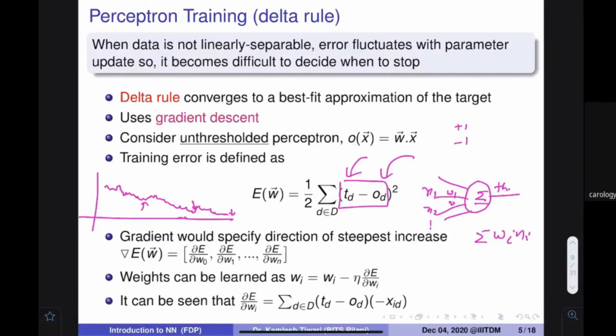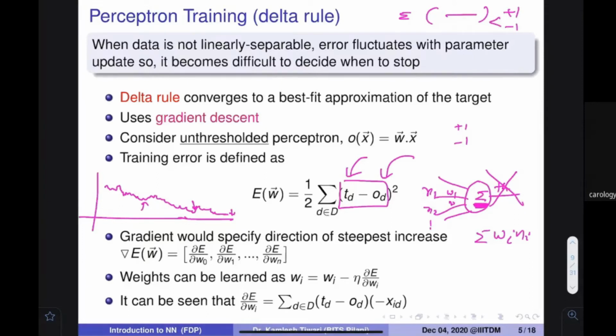So the next strategy that we are going to have is that you don't apply thresholding. If you don't apply the thresholding, then what is the output? Whatever output is going to be given to you is actually the summation of these numbers. The summation is going to be the output. And we are expecting that the output from this mathematical equation should be +1 for the positive item and -1 for the negative item.